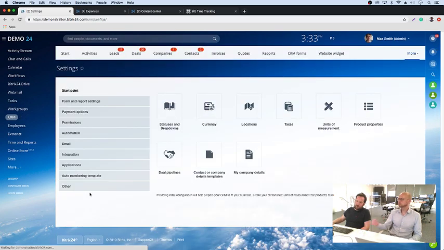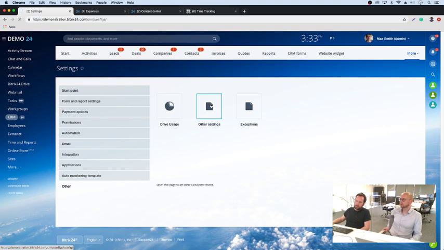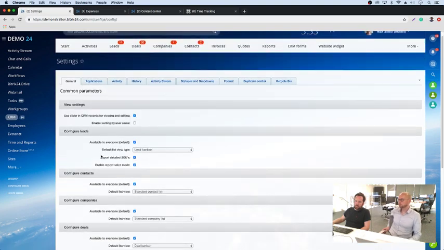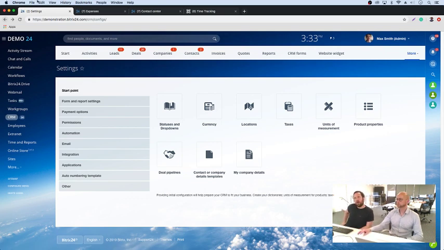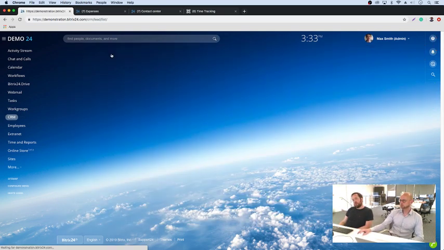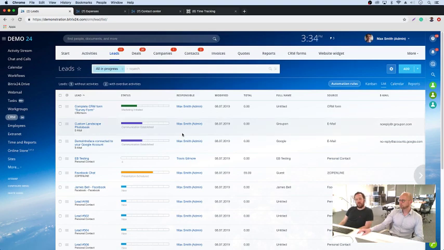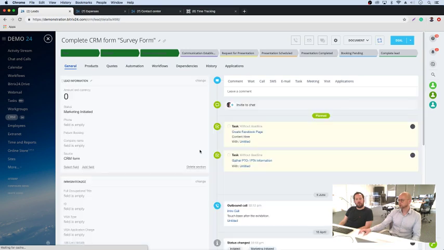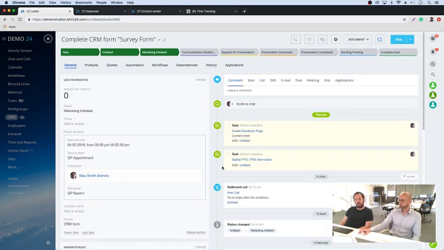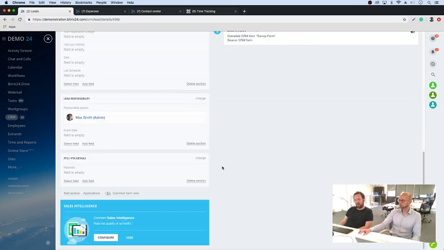The only other place it could be would be in the other settings. No. I'm not sure how you would be able to do that. I suppose if you get brought into a lead as an observer, then you also get notifications, but I don't think you can actually